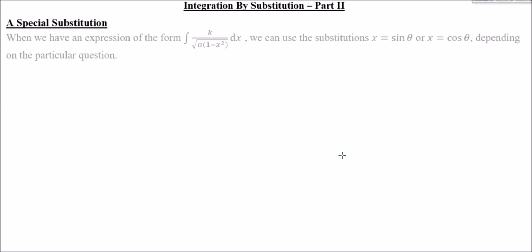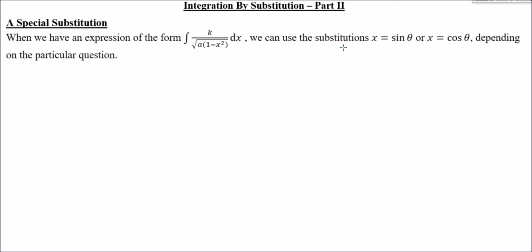Now this is just what I'm calling it. It's not actually known as the special substitution, but I think it's quite special, so I'm going to call it special. It's beautiful, I think. So when we have an expression in the form some constant on the top divided by some constant which can be factorized out, not necessarily the same constant, so I'm calling this one a, but I can factor out some constant and get 1 minus x squared, all rooted on the denominator with respect to x,